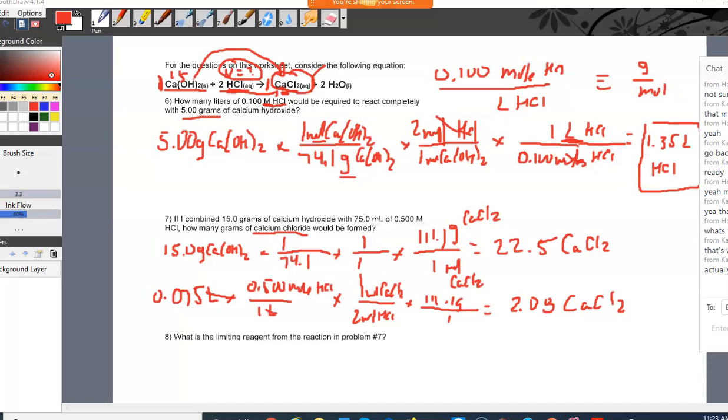I did it a little bit different, Steve. But I got the same answer as you. What I did was, I set up the 0.500 equals x over 0.075, and then I solved for it, and then I substituted. Oh, yeah, you can do that too. So that's just using the equation. You were just using the M equals moles over V. Is that right? Yeah. And I solved for it, and then I put it in the... Yes, so you did that, and you solved for the moles, right? So M times V, right? Which is exactly what this is. Here's my V, and I'm multiplying it by my M,